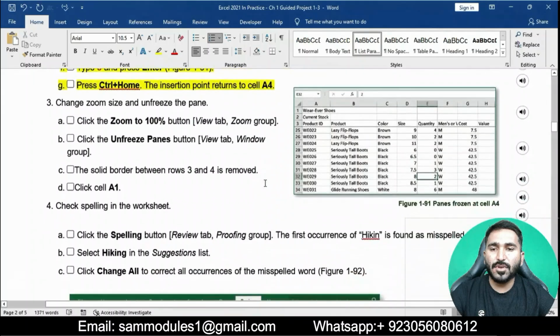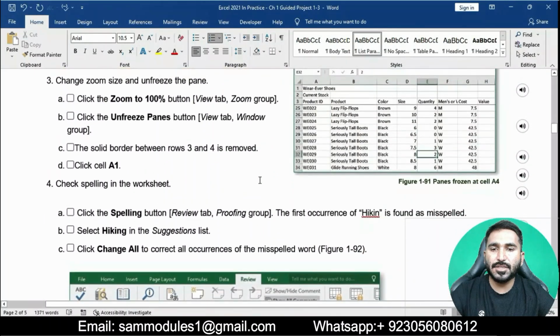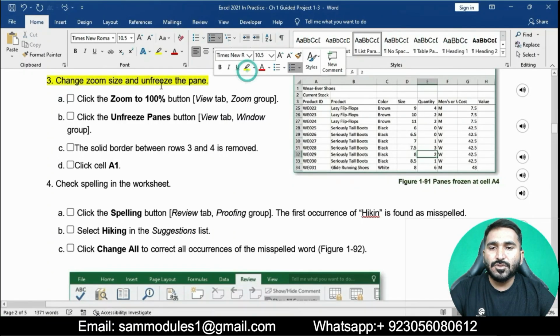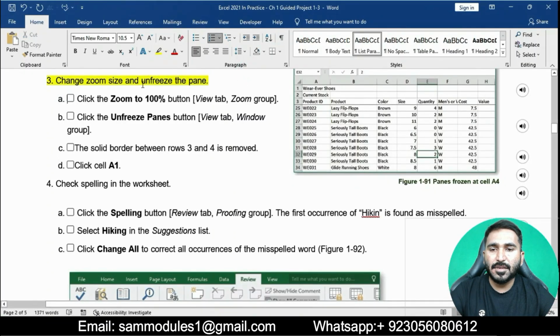Now moving on to question number 3: change zoom size and unfreeze the pane. Click the Zoom to 100% button.